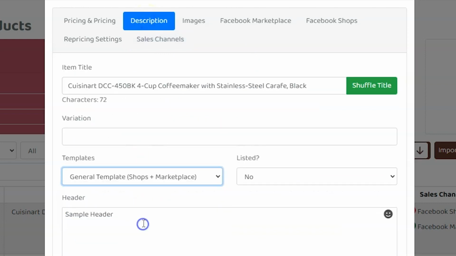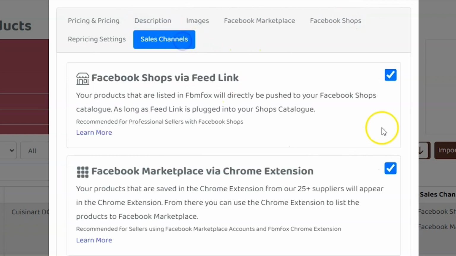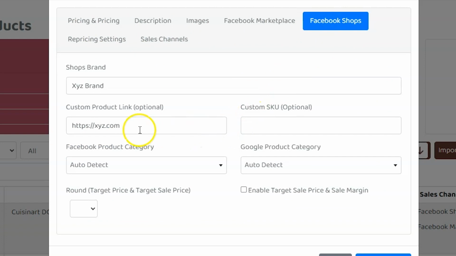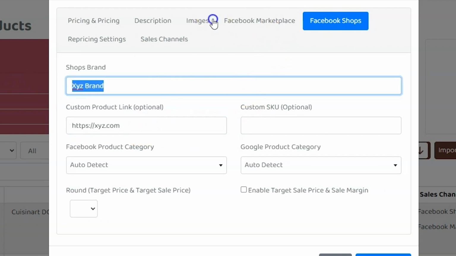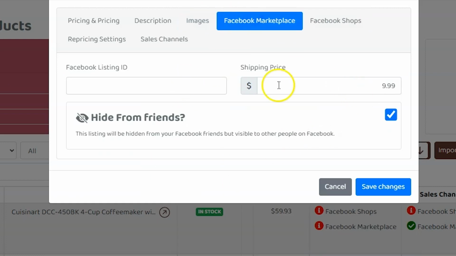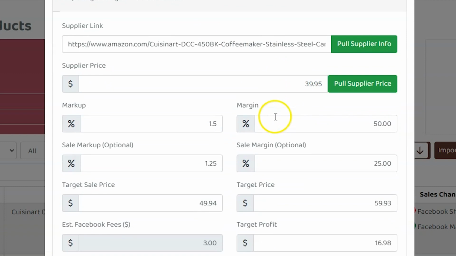So if we change it to the general template, then we click on the sales channel, you can see that it's changed. If you go into your shop settings, you can see our XYZ domain along with our XYZ brand. And in the marketplace section, you can see the $10 shipping price along with hide from friends. And of course, in the pricing settings, you can see that we have our markup, margin, sale markup, and sale margin that comes straight from our template.